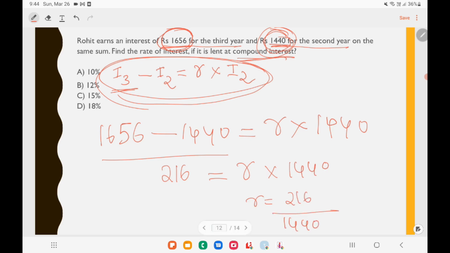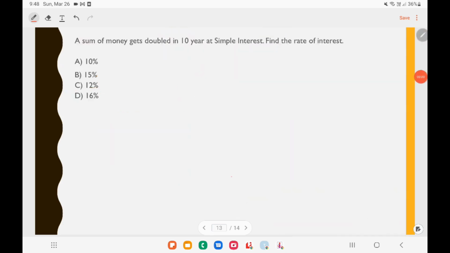If you want to find the rate in percentage, you need to multiply by 100, because you will get a decimal here. You need to multiply by 100 in order to get the rate. So you will get 15%. So the answer is 15%. If you do this in this way, it's actually very easy, so you need to understand that concept here. Let us solve one more question, and after solving this question, I will give you one more concept